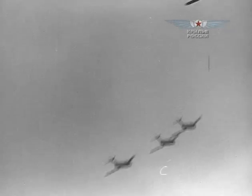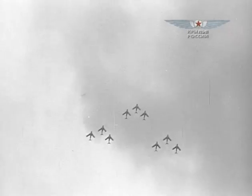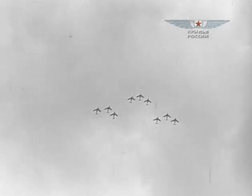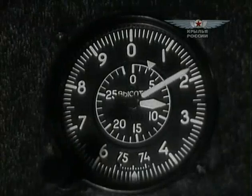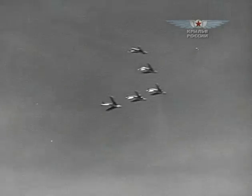Within the general tendency of the speed increase in aviation, the fighters were the first to approach the speed of sound. The jet engine allowed to come very close to it, but so far it was not possible to pass it over. The drag increased drastically at such speed. There were even